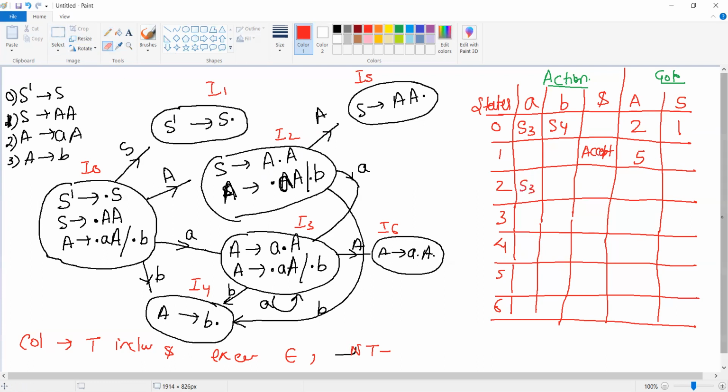And on seeing B, you reach to S4. I3 पर आ जाते हैं. On seeing capital A, you reach to 6. On seeing a small a, shift 3. On seeing a small b, shift 4.